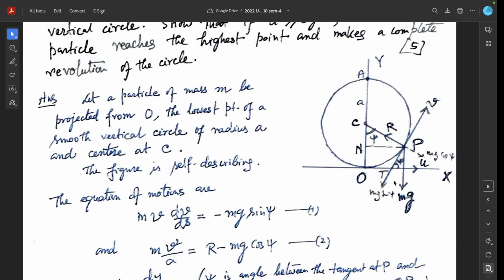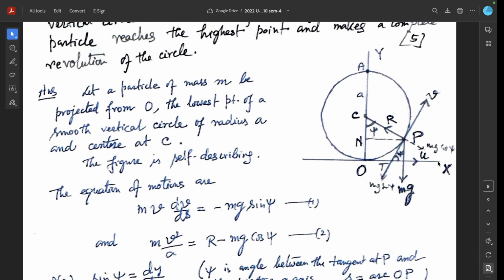The figure is self-describing. This is the tangential velocity v, the normal reaction R along PC, and this is the weight of the particle, downwards. This angle is psi with the positive direction of the x-axis, and this is the tangent at P in the anticlockwise sense. This component is mg sin psi, and this direction is mg cos psi. So the equation of motion of the particle